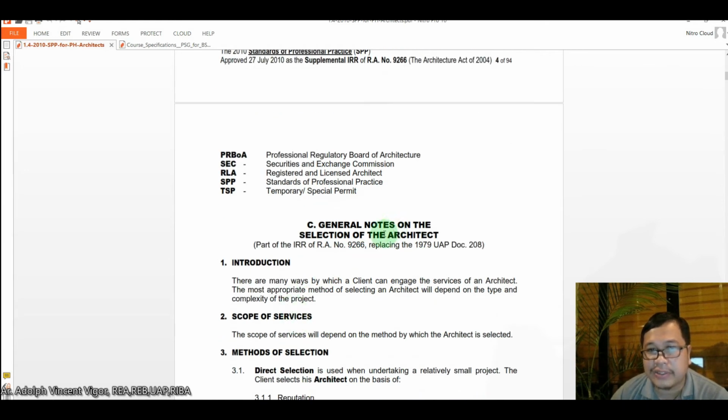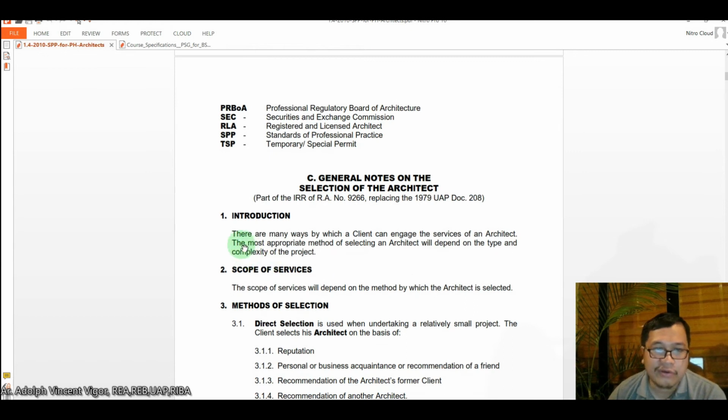So these are the notes on the general selection of the architect. So this is part of RA 9266, which replaces the 1979 UAP Document 208. So for the introduction, there are many ways by which a client can engage the services of an architect. The most appropriate method of selecting an architect will depend on the type and complexity of the project. Okay? So this means that in the practice of architecture,